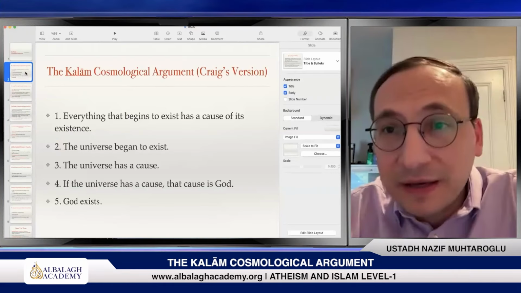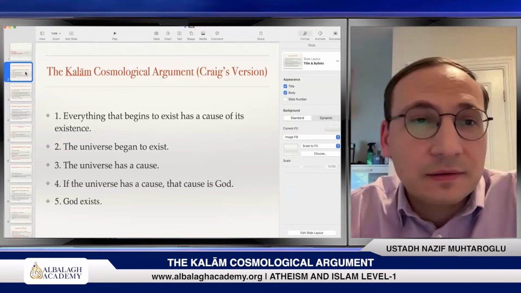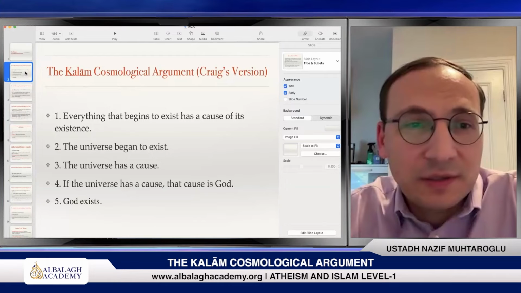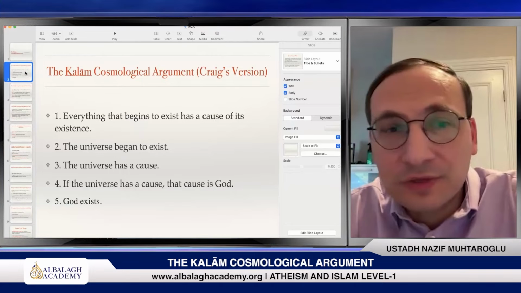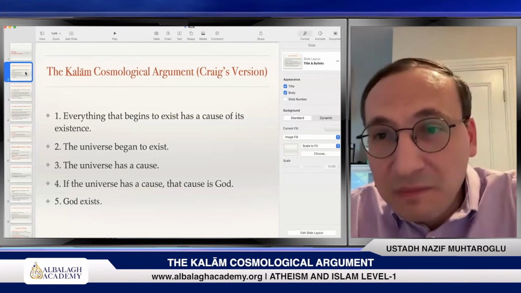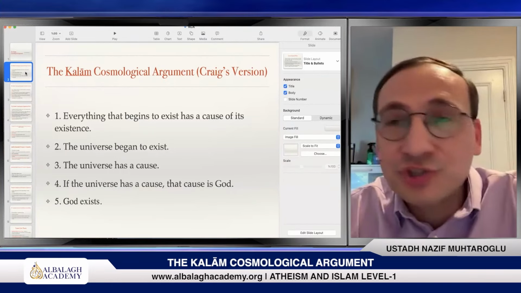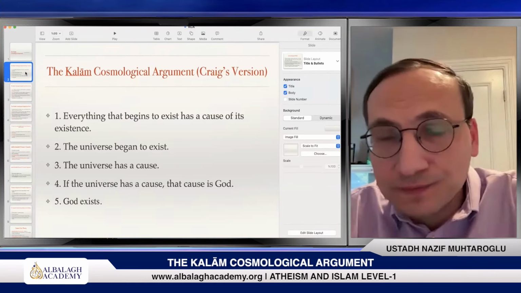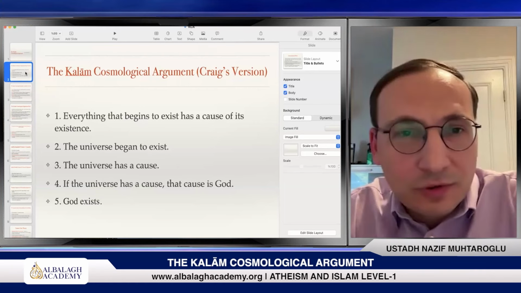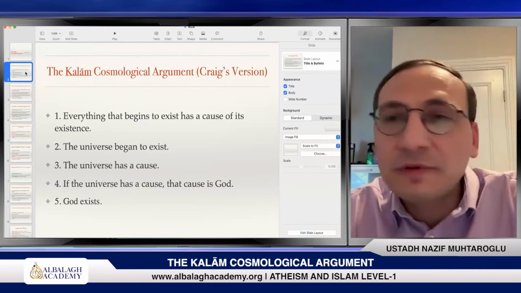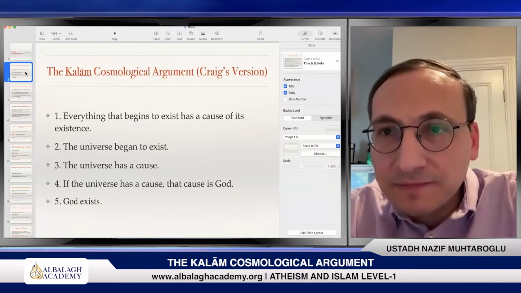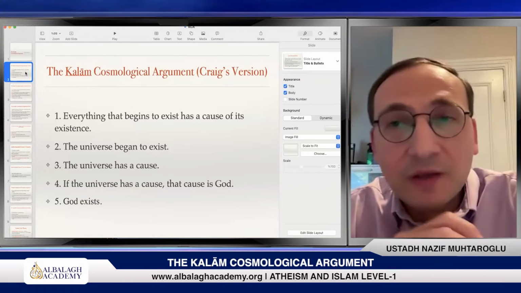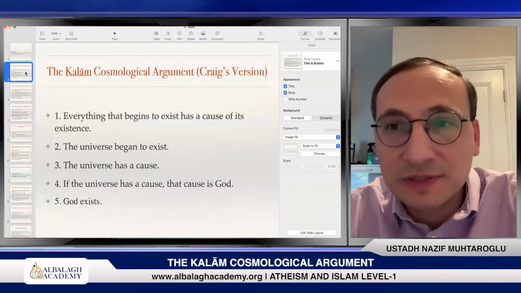This is a famous argument today, popularized by William Lane Craig. And here you can see the outline of the argument in 4 main premises, which implies that God exists as the conclusion. So just go over them briefly, and we will talk about the general context, its relation to Kalam, and focus on some parts of these premises in this